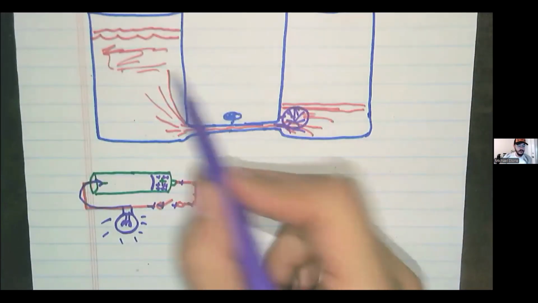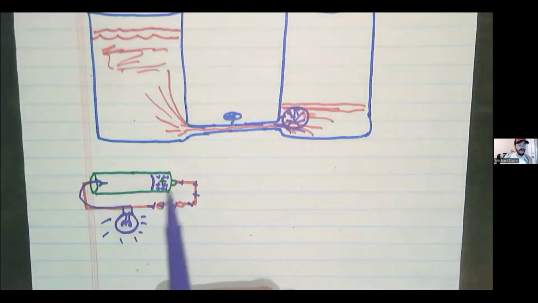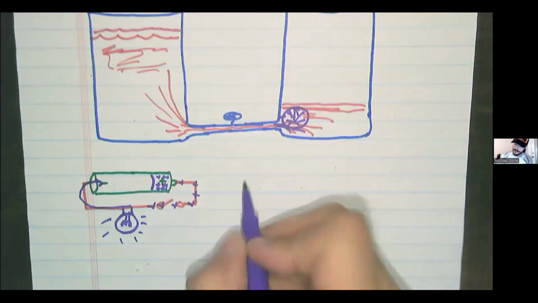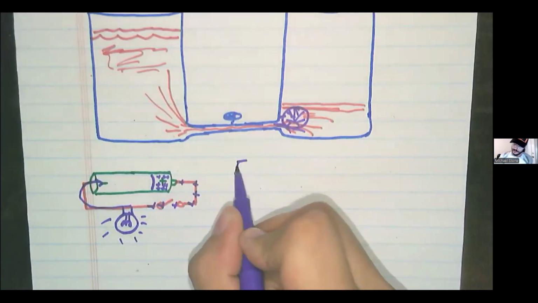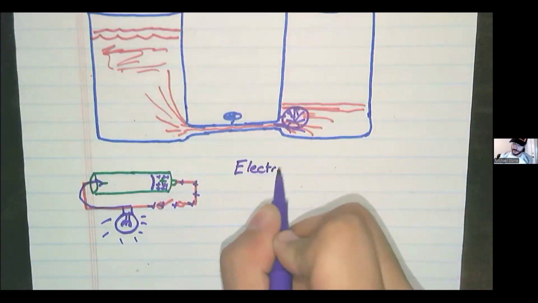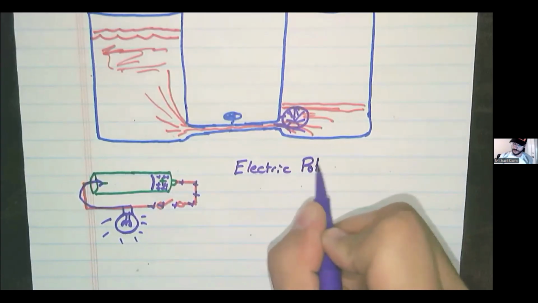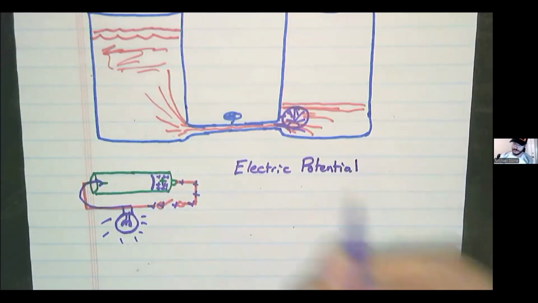The filament eventually gets to be red or white hot, and it glows, and there's an energy loss due to that. Now, why did the water flow here? A difference. Why does the charge flow here? A difference. And that difference is, of course, our electric potential. This is familiar from the previous unit.